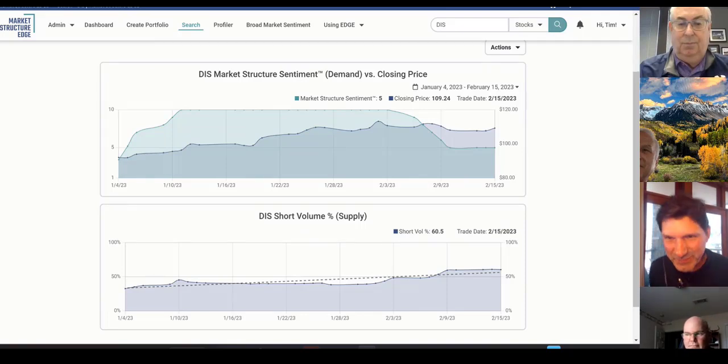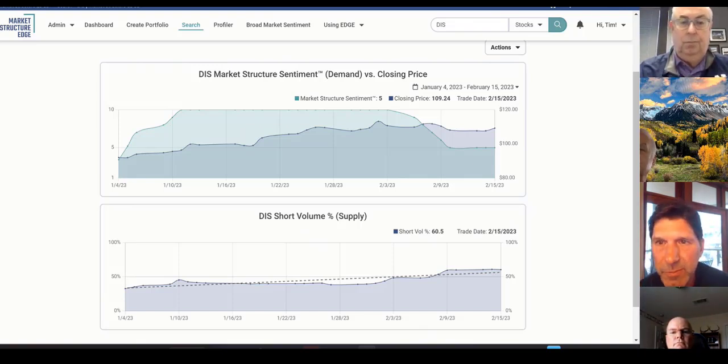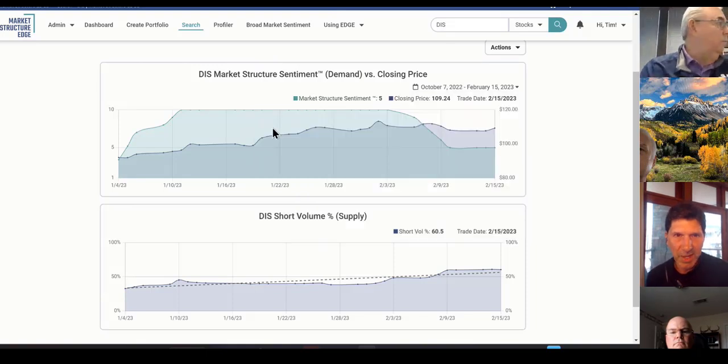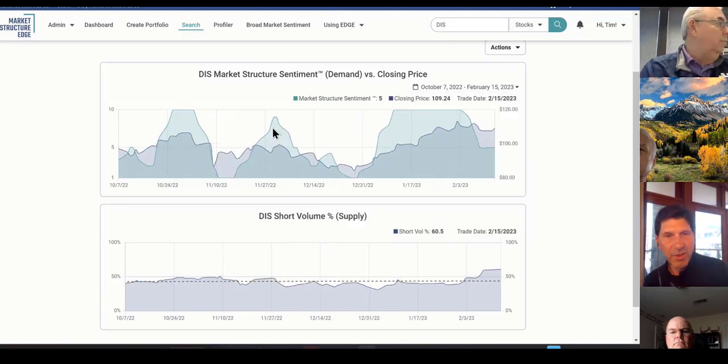It's a great place. But if you look at Disney, supply was through the roof. It popped the next morning on earnings, and that's when I jumped in, because the data was telling you that the morning pop was not going to hold, simply because there was just way too much supply. It's a great example. If you put it on a different time frame, you can actually see it looks even worse historically.